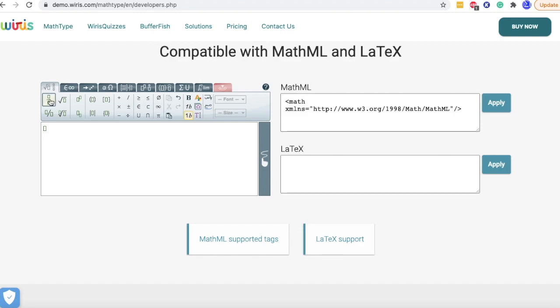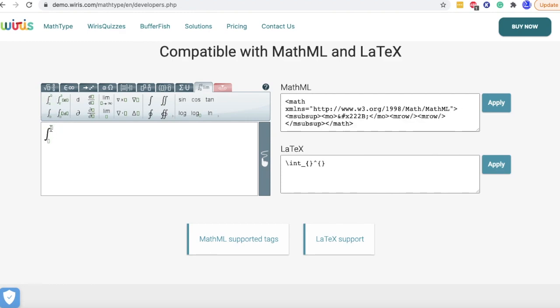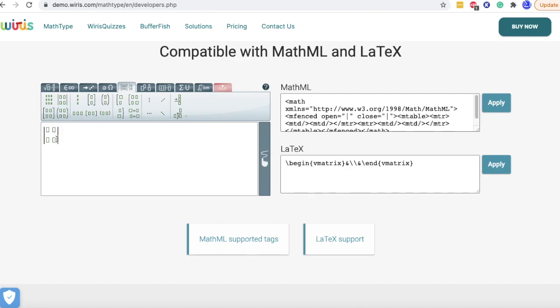Here you can write mathematical equations easily like this. If you want to put 1 by 2, you will write 1 and then 2, it is done. The same way, if you want to add other mathematical symbols and equations, you can click these tabs and get whatever you want to add. There are a lot of mathematical equations that can be used. For example, if you want to add this, then write 1 and then write I, you can do it easily. Let's take one example of a matrix also. 2 3 3 4. Now this way you can add matrices also.